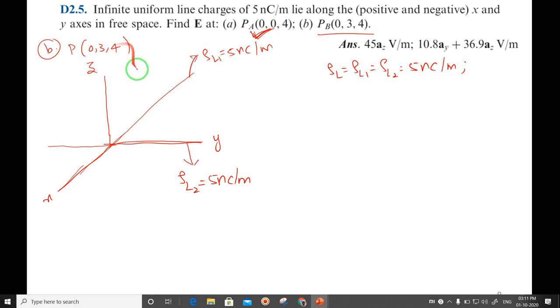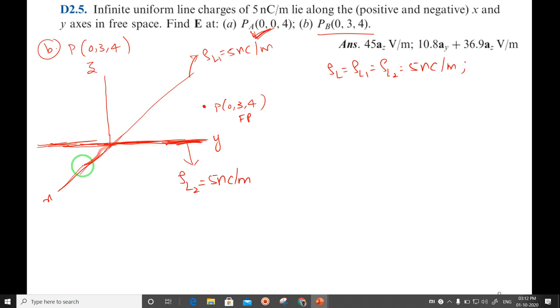Then find the electric field intensity at point P of 0, 3, 4. So x is 0, y is 3, z is 4. Somewhere, not to scale, roughly I am taking. So P of 0, 3, 4. Yes, this is the field point where I want to find the electric field intensity. This is one source lying along the x-axis, another source is lying along the y-axis, right? So it is better you make it thick. I cannot make it thick here. You make it. Right, yes, I will try.